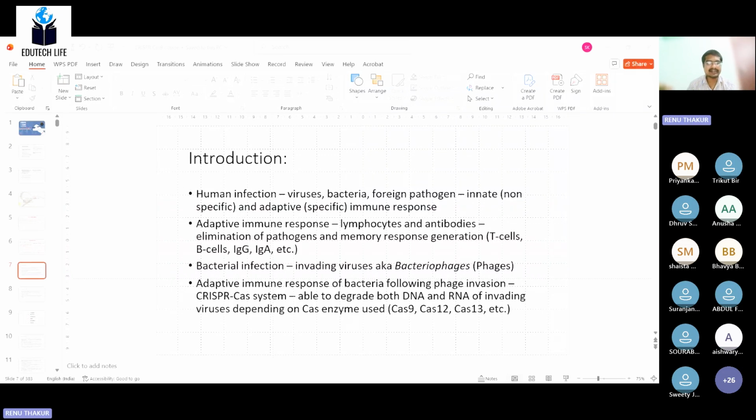Innate immunity and adaptive immunity. Yes, correct. What is the meaning of innate immunity? Anyone? Natural immunity, the immunity that we have by birth. By birth, very good. What are the barriers we have from birth itself? The skin, lymph nodes, and